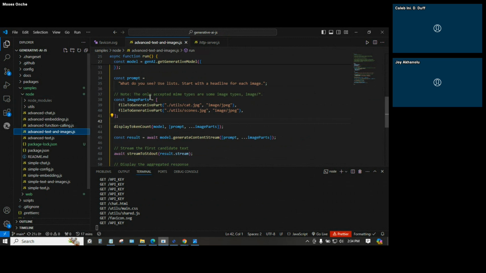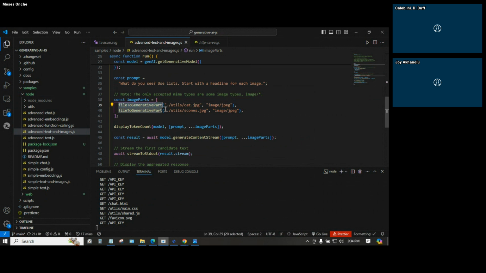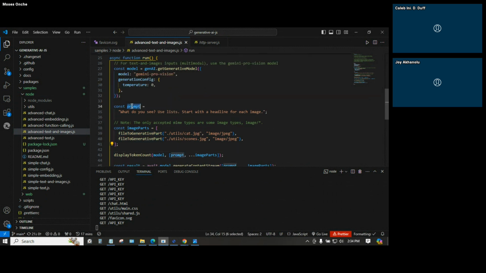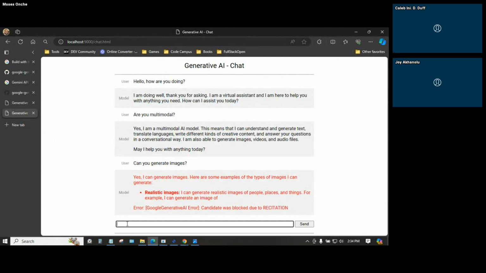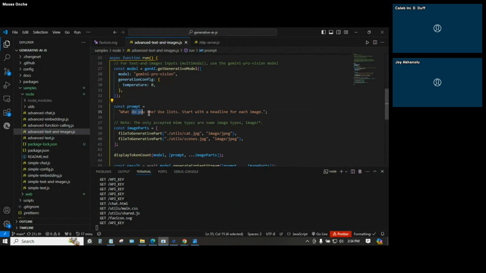Yeah, so advanced text and images. So from a backend perspective, what we just did now, you can do that without necessarily using the web, right? So in this case, the images are passed into an array, right? The file-to-generate function converts your images to a model part. Basically, just convert it to a format that the AI model will understand and then will be able to use. And then you have the prompt. So where we're typing in text here, from your own application, you can make inputs